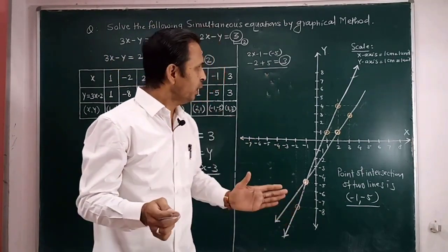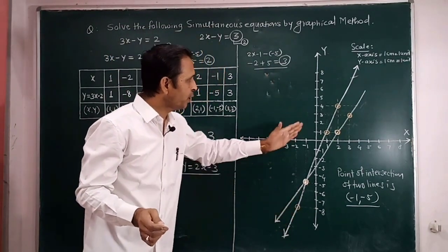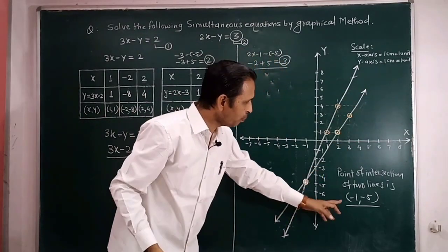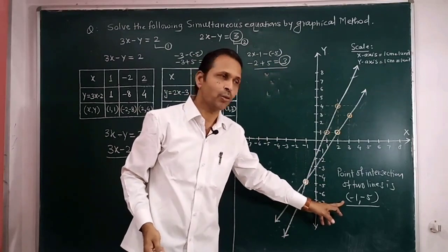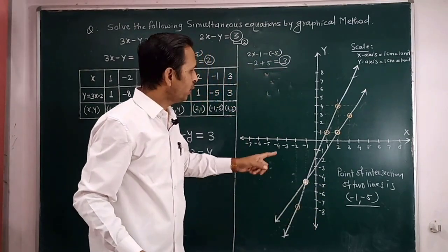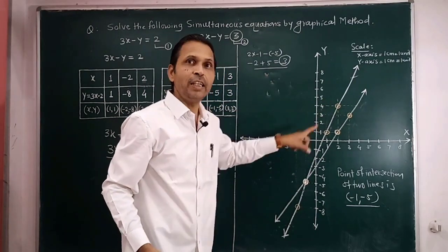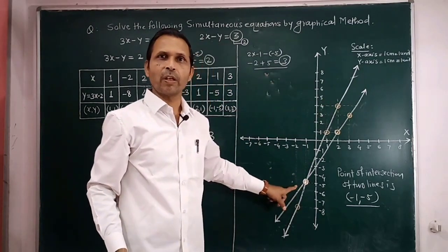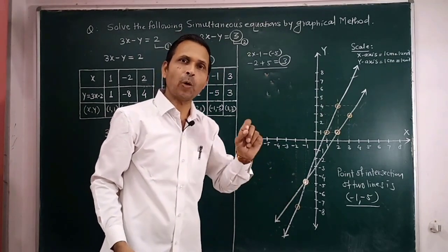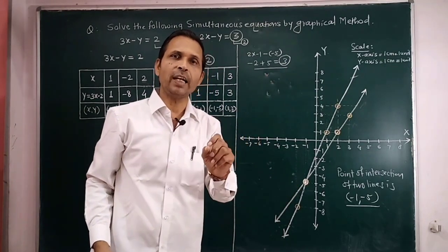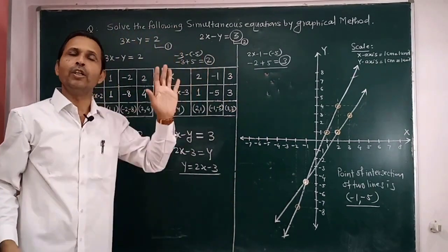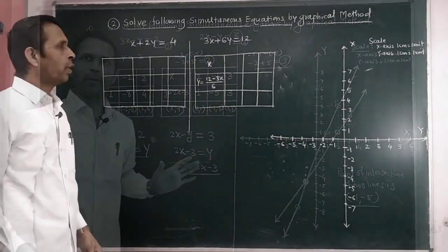And that's why the solution of these graphs, or the solution of these simultaneous equations, is minus 1 comma minus 5, and this solution is a unique solution. Why? Because the two lines intersect each other. These two lines intersect with each other, and that's why the point of intersection of two lines is unique, and that's why these two equations have the unique solution. Let us try